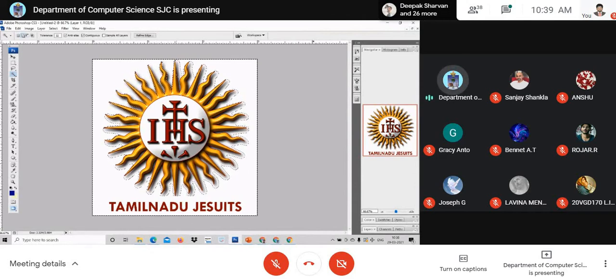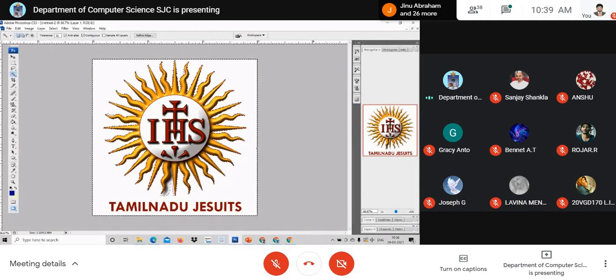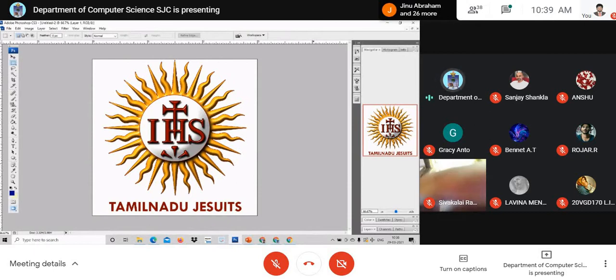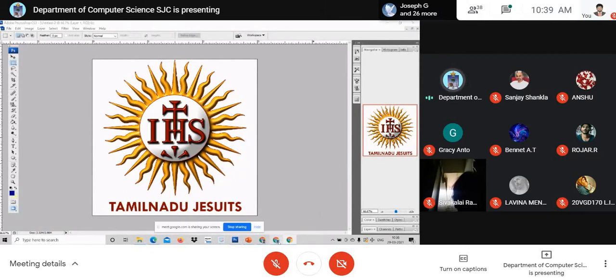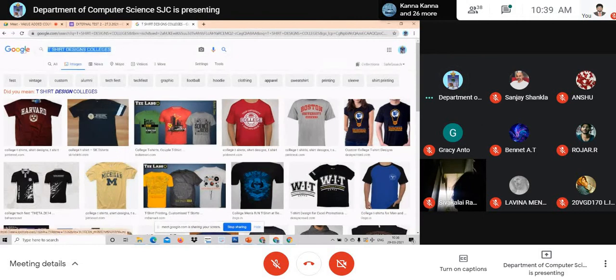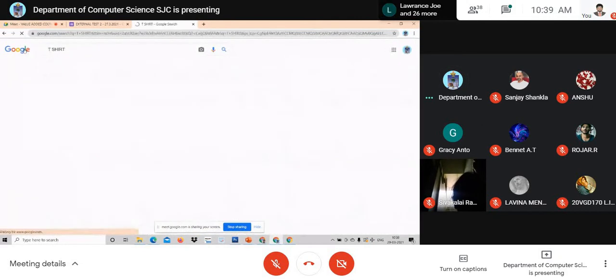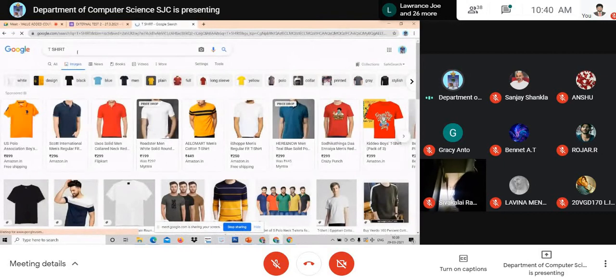I'm just cutting the other unwanted portions of the shape. With the shift key pressed, I'm selecting all the other unwanted portions. I've deleted them. I've got only the shape alone. Okay. The front portion, I've got it ready. Now to have an idea about the T-shirt, I just take a real T-shirt, a T-shirt with the neck.